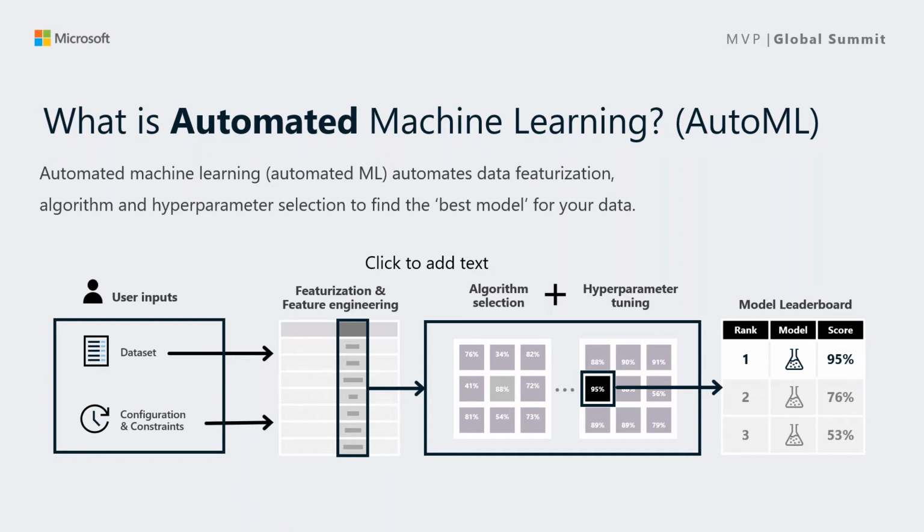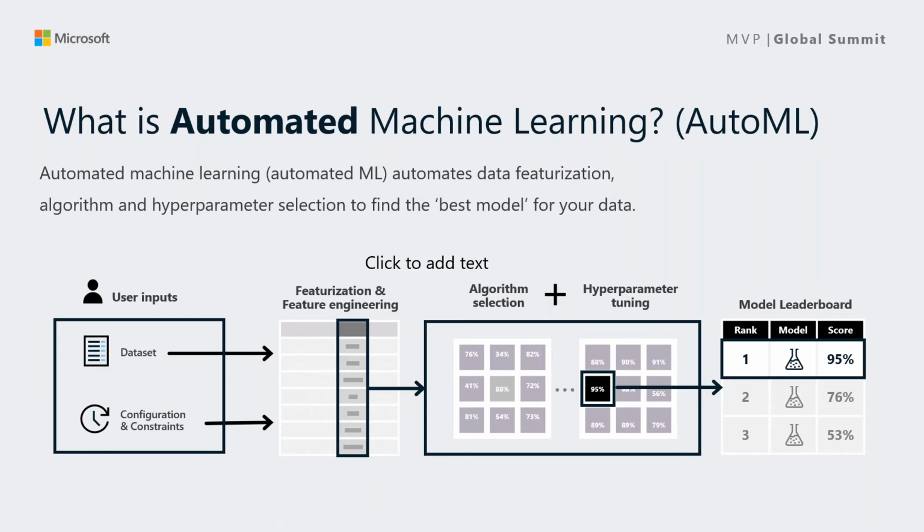Once you give us all this configuration, we are going to do the featurization for you. We are also going to select the best algorithms based on the performance metrics you selected, and we are also going to do hyperparameter tuning based on your data set. At the end, we'll provide a model leaderboard that shows you the best model based on your data set. And you can take this model and use the code generated by this model to